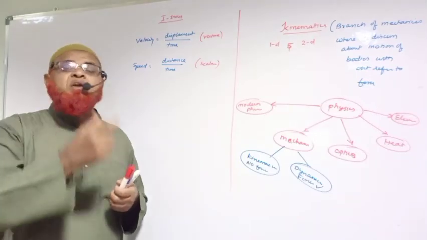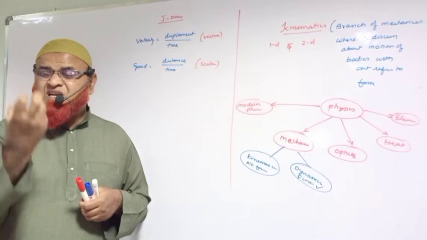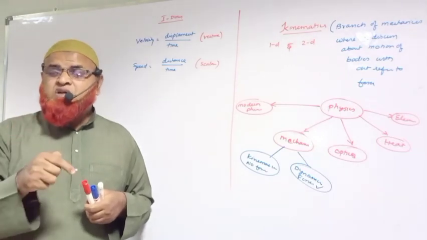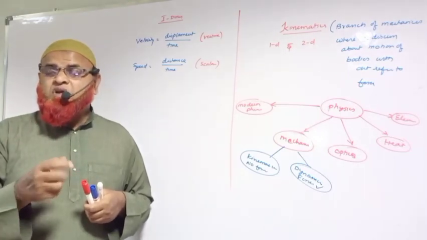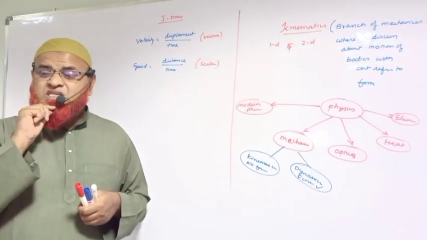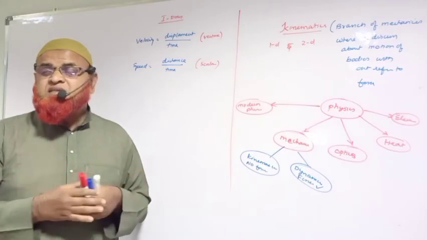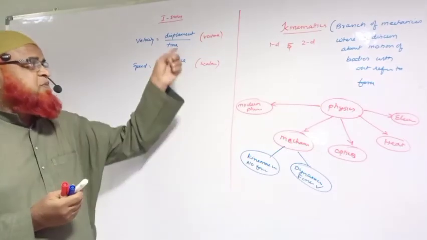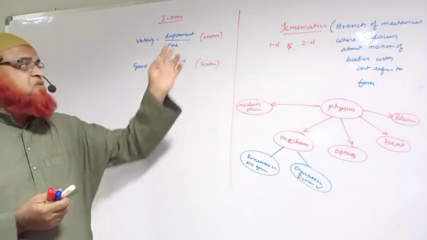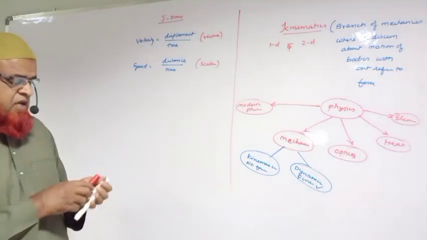When you throw a body upwards, it comes exactly downwards in a particular direction towards the center of the gravity. At that time we call it velocity of a body, velocity of a body moving towards the ground. So if any particular direction is there, we call it velocity. If there is no specified direction, we call it speed here. And displacement is also a vector quantity. Distance is not called a vector quantity.